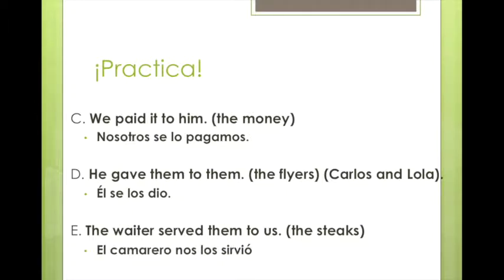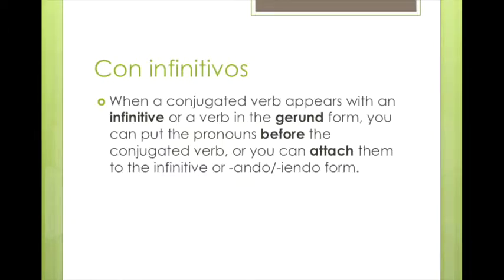El camarero nos los sirvió. Notice you don't have to change any le lo to se lo because we just have a nos here. When a conjugated verb appears with an infinitive or a verb in the gerund form, you can put the pronouns before the conjugated verb as always, or you can attach them. Basically what this means is you can always follow the same rule of SIDV, subject, indirect, direct, and verb,